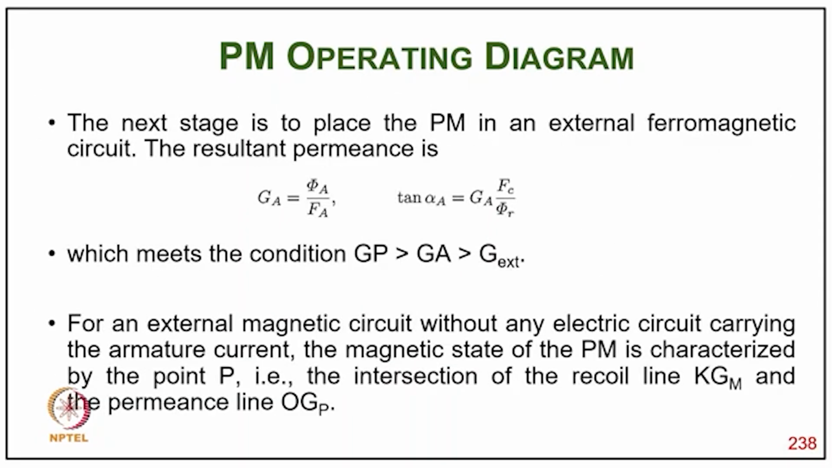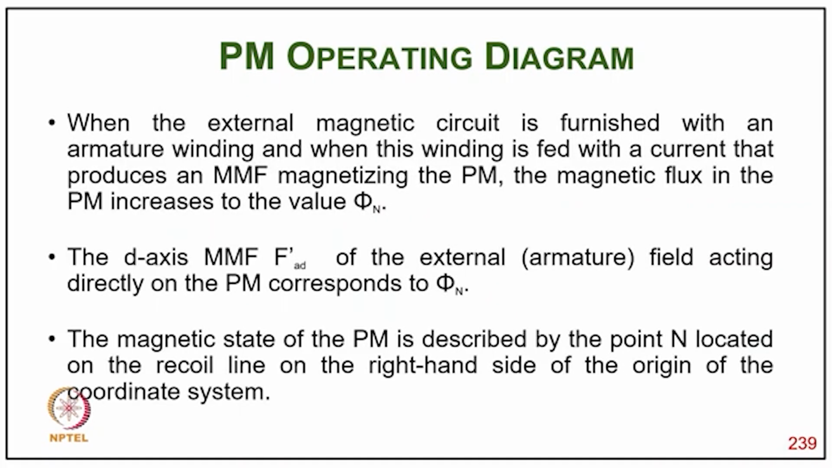So, the next slide is the space placed to the PM in an external electromagnetic circuit, the resulting permeance is G equals phi upon Fa, or tan alpha A equals G Fc upon phi r, which means the permeance Gp is much greater than Ga, which is much greater than G external. So, for an external magnetic circuit without an electric circuit carrying the armature current, the magnetic state of the PM is characterized by the point that is the intersection of the recoil line K Gm and the permeance line O Gp,